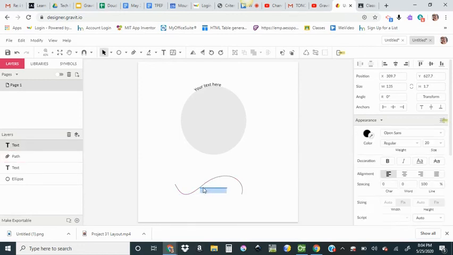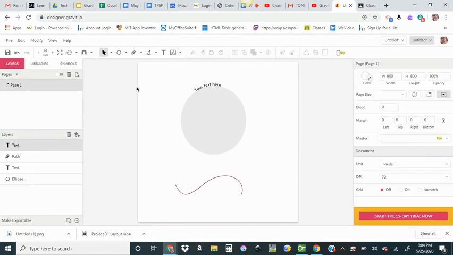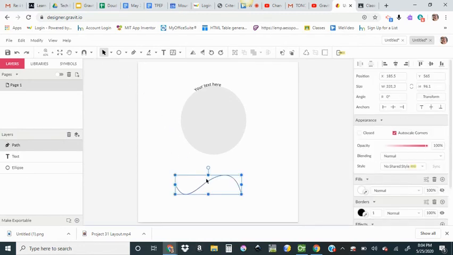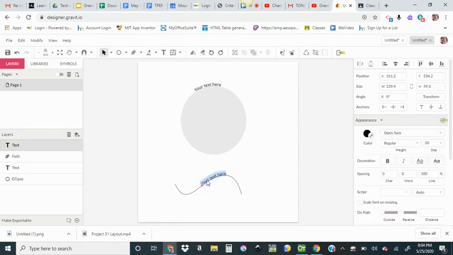Oops, I missed it. Undo. Shift key, text tool, when it turns red, and there's your